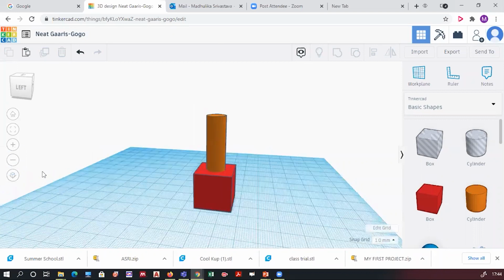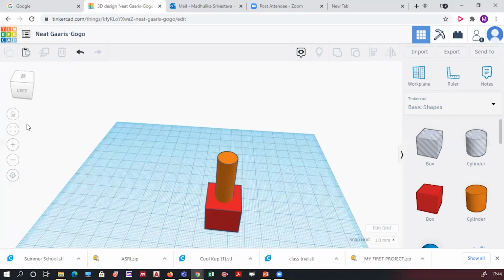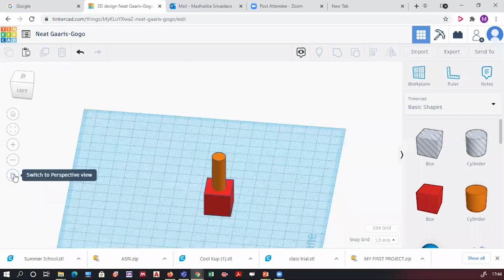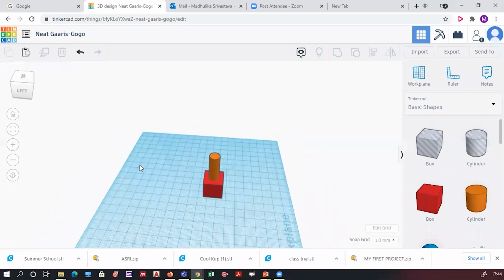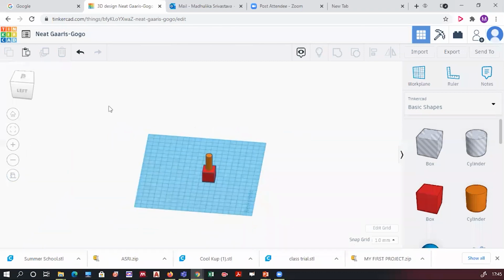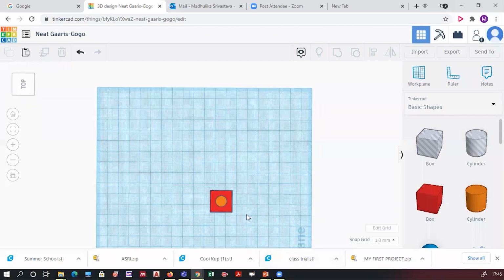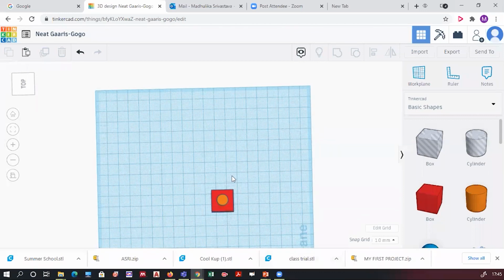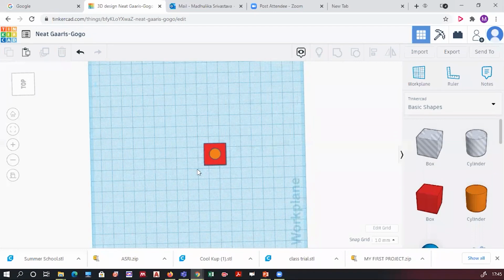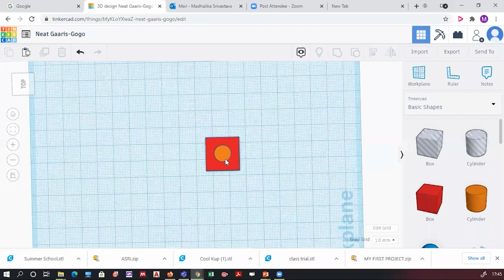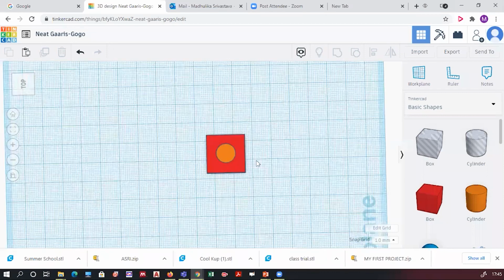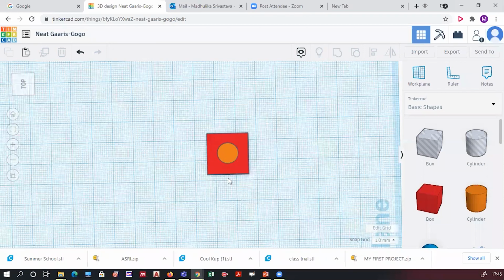I can check this also. Now come to the left hand side panel, you will see over here, switch to orthographic. By switching to orthographic view, what will happen? See, when you switch and click on top, you will see your object like this. It will appear that there is a square and a circle in the middle in between. That means you can see that both the things are aligned together.